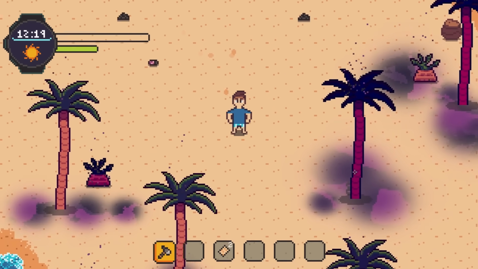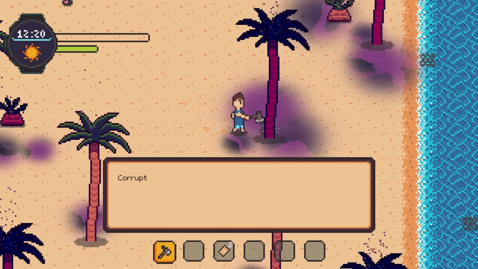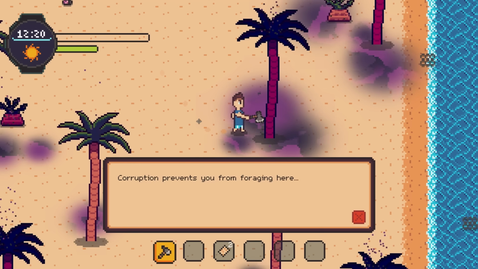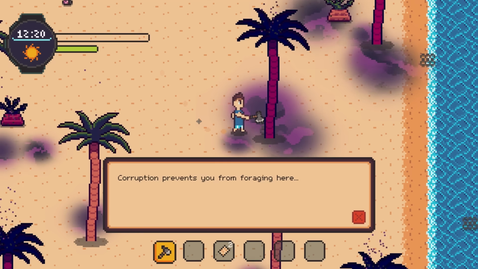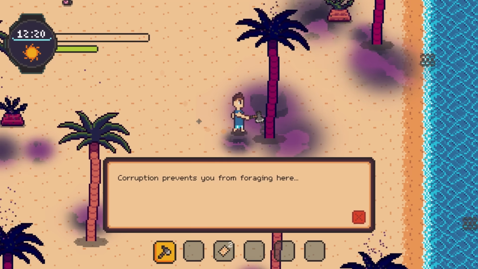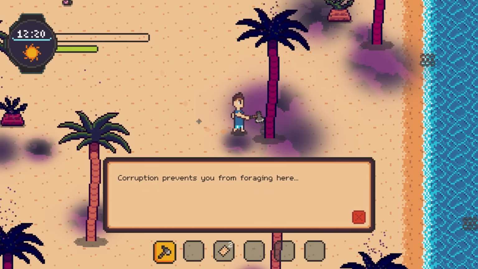And at this point, we might think we want to go swing this axe at a tree. We could certainly do that, but unfortunately with this particular tree, we're left with a message telling us that corruption prevents you from foraging here. This is a tie-in with the corruption system and the conservation skill. Basically, the way I have this set up right now is that you cannot forage resources from organisms that are